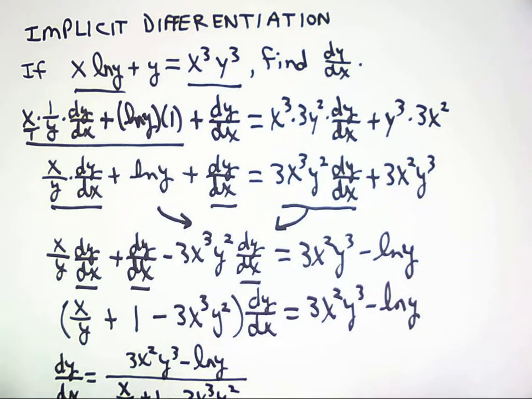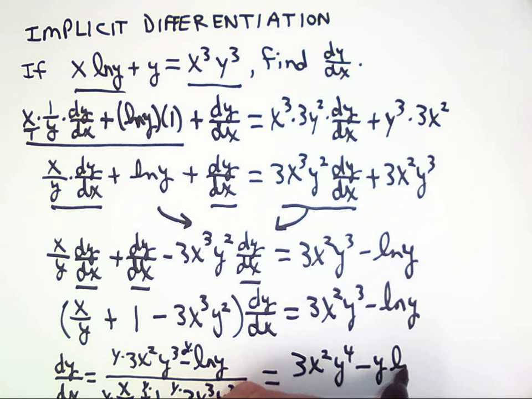Now we really don't want to leave a complex fraction, so we got a fraction within a fraction, and the easiest way to do that is just to multiply every term by y. So if we multiply this term by y, this term by y, this term by y, this term by y, and this term by y, you can see what happens. You get 3x squared, and then y times y to the third becomes y to the fourth. Then you've got the minus, and that y gets multiplied by the natural log of y. And then down bottom,